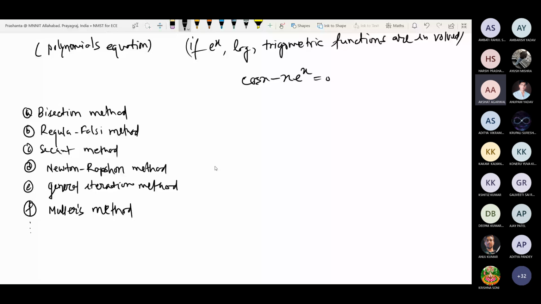Now, can you tell me, if the equation is a polynomial equation or algebraic equation and the degree of the equation is n, how many roots does the equation have? Maximum, minimum, sir, it's n, I think. Exactly n. Why maximum, minimum? Exactly n roots. If the degree of the polynomial equation or algebraic equation is n,